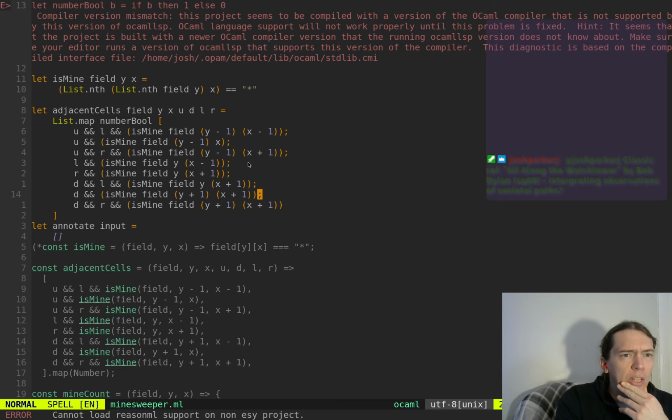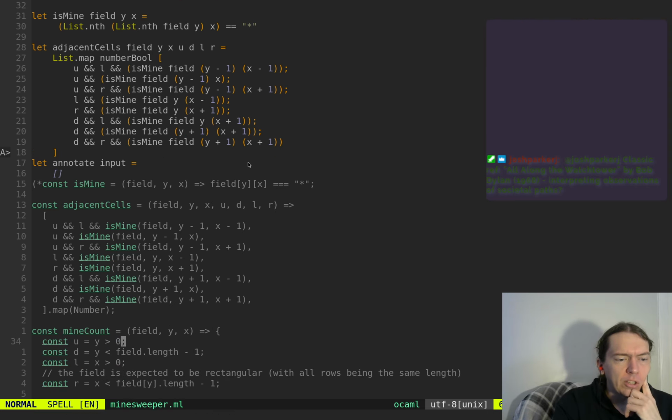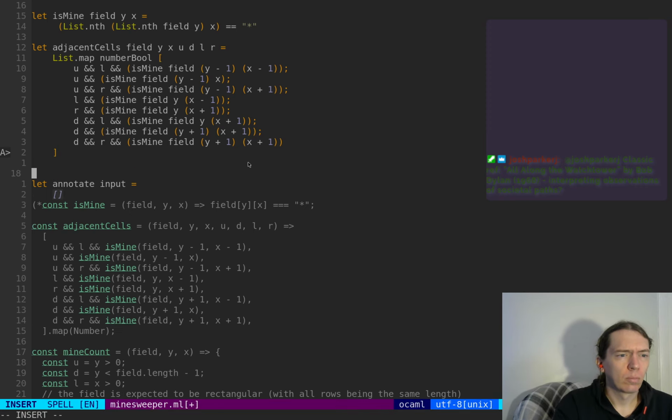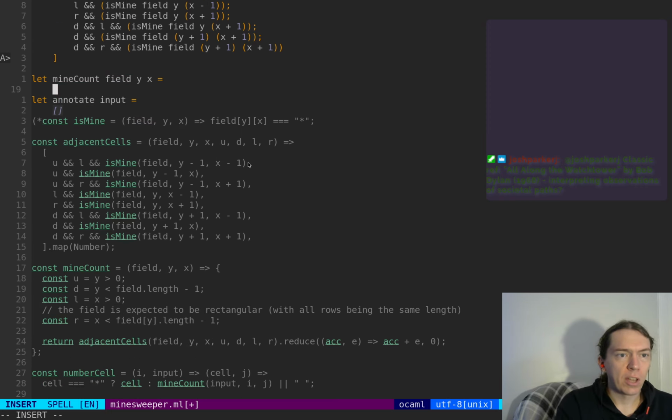This LSP seems not very helpful. But whatever. All right. So the make output is helpful enough, so I guess that's fine. All right. So we've got adjacent cells. Let's do mine count now. So let mine_count field y x equal, and then we're going to say